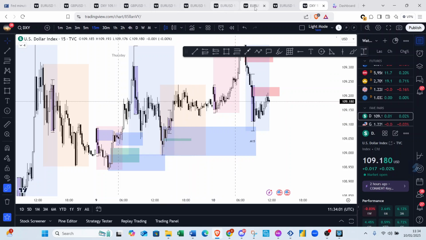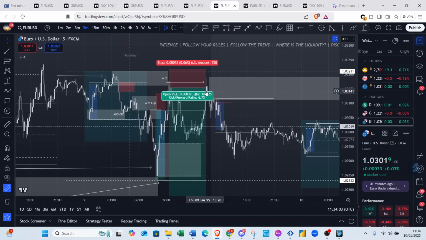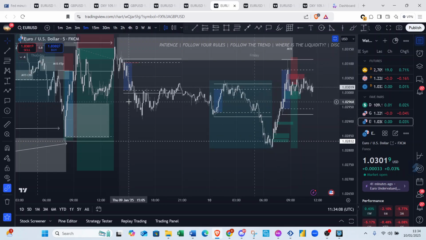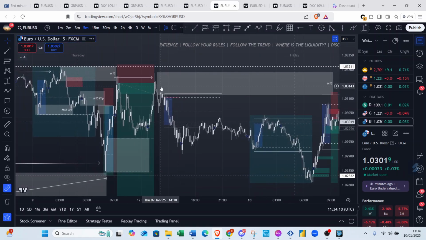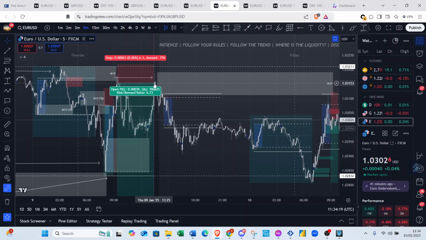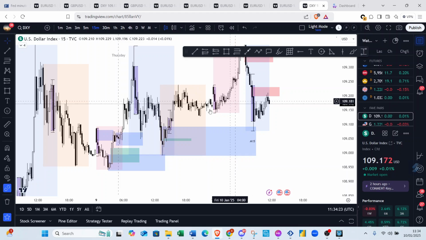And then what happened at 20 past 1? It came back. And then what did it do? Rifled off. You know what I mean? So it's not perfectly correlated, but it came back and swept my original entry. I think I was out at this point, and it just headed down, and that's exactly what it did on the DXY. Tapped into there. I might have thought, oh yeah, I'd look for that if I'd looked at both pairs. I'd probably trade from that. Decent. But then it swept that, coming to this extreme,